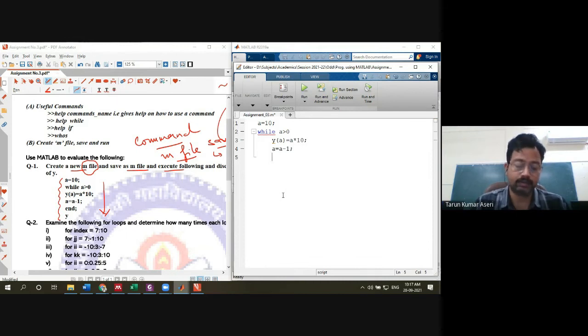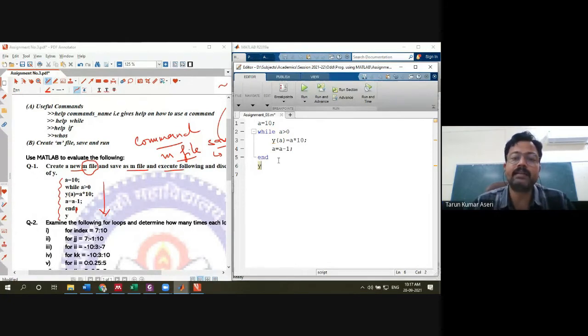If you have opened a loop, you need to close the loop. This is the closing of the loop with end, and there is no semicolon after the end, so please mind it. After this loop, I am providing just the value of y.